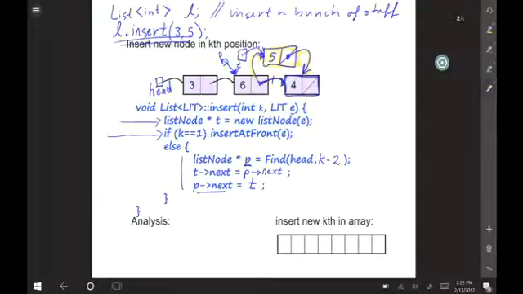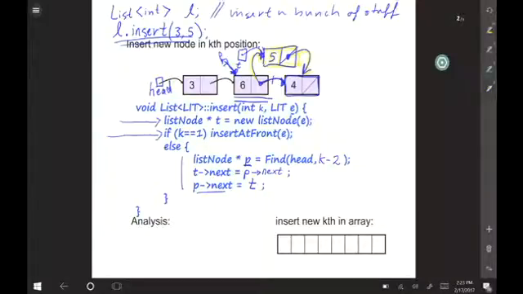Furthermore, notice, as he said, what we depended on in this scenario is the ability to set up a pointer pointing to the node before. We needed a pointer pointing to the node before. What's the node before the first thing? There isn't one, right?